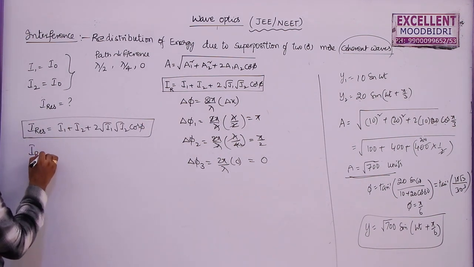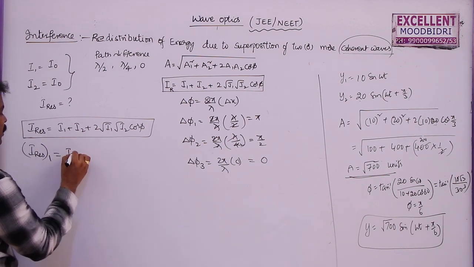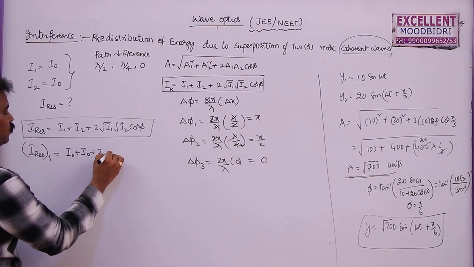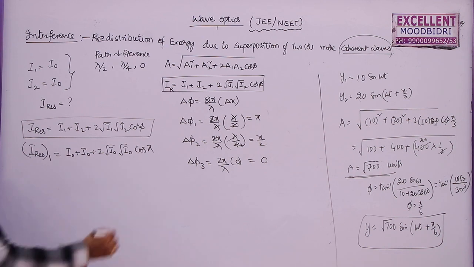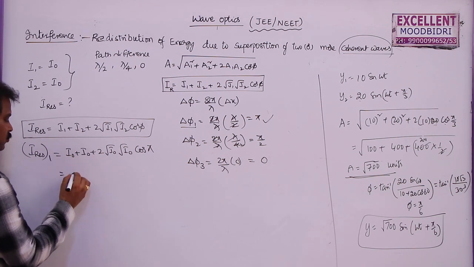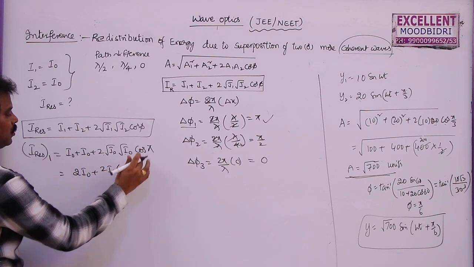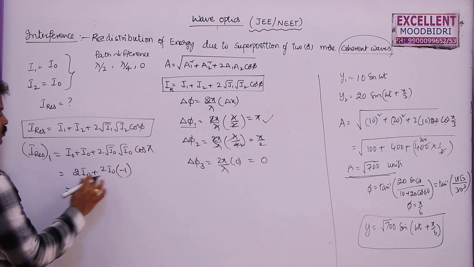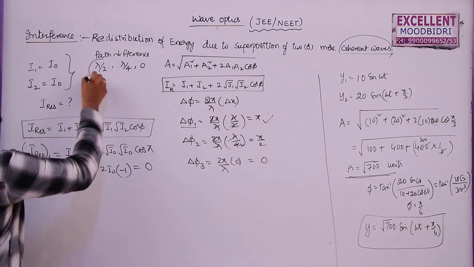So the resultant intensity, in the first case, has phase difference equal to pi. I am going to write I0 plus I0 plus 2 root of I0 into I0 into cos phi. Because in the first case the phase difference is pi, this is I0 plus I0, that is 2 I0, plus 2 I0 cos pi, and cos pi is minus 1. So these two are equal and opposite, giving 0. So the resultant intensity in the first case is 0, when the path difference is lambda by 2.